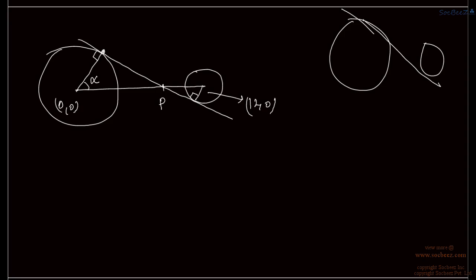So now again we have to find this angle alpha, so that we can find the coordinate of this point, the point of contact, and then we can write the equation of the tangent, right? So we have to find this angle alpha, for which we have to find the coordinate of point P. Let us denote this length as x1, and let us denote this length as x2. So again this triangle is similar to this triangle, right? So we have x1 upon x2 as 5 upon 3, right?